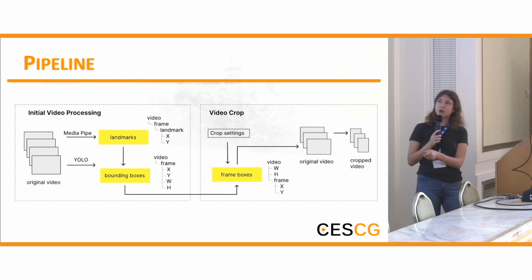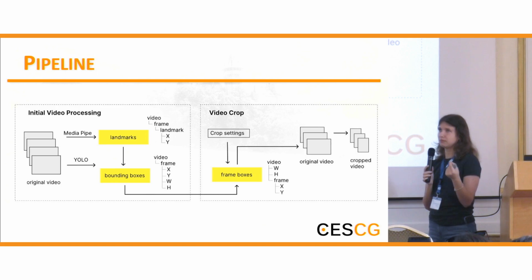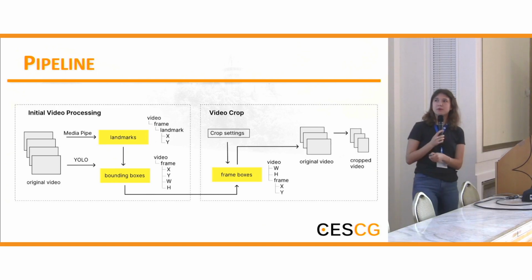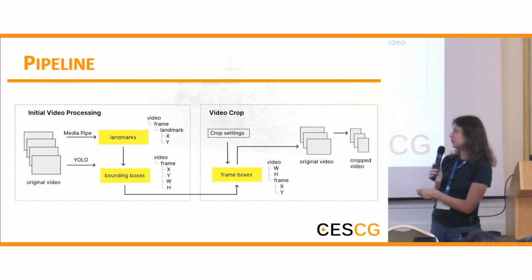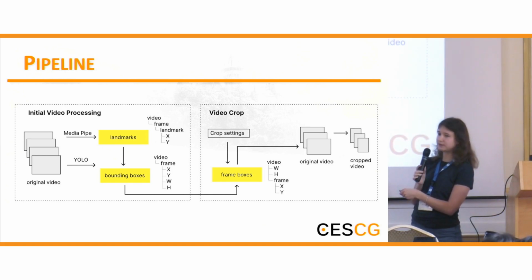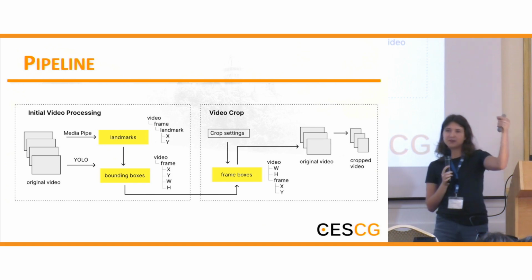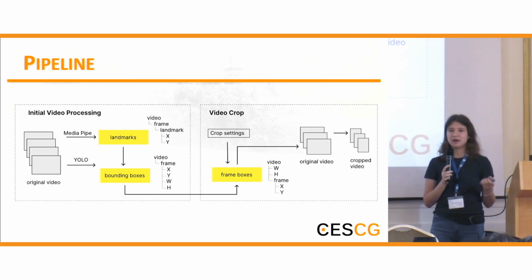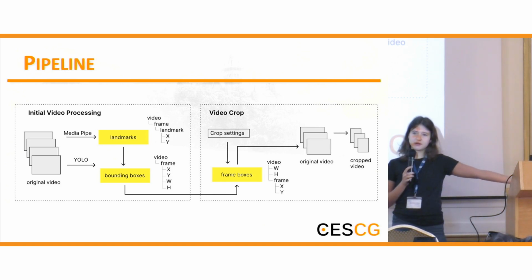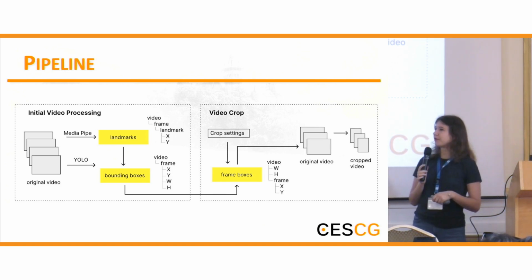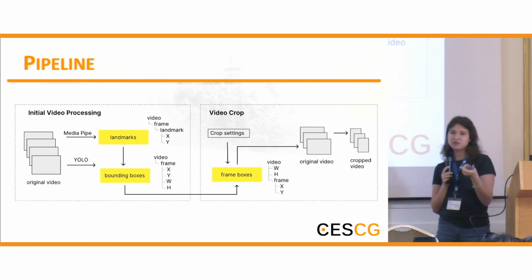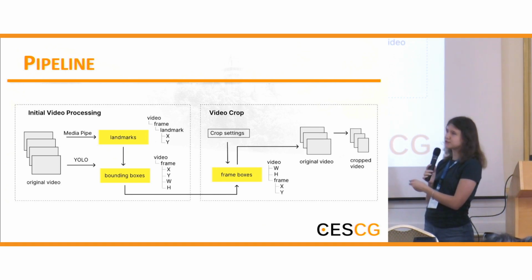What's the difference between bounding boxes and frame boxes? The frame box is the actual coordinates of the frame that will be in the output video. It's formed based on the bounding boxes. The bounding boxes have, of course, different X and Y coordinates, like the top X and Y coordinates, and they have different width and height, because the person can spread their hands or sit down. So the size of the person can change, and these parameters can change.